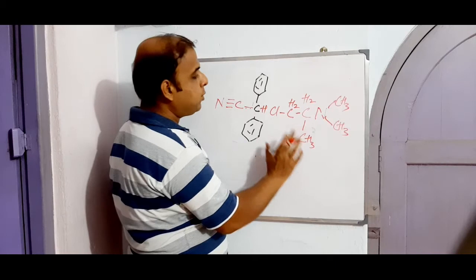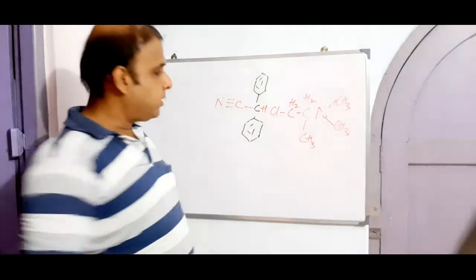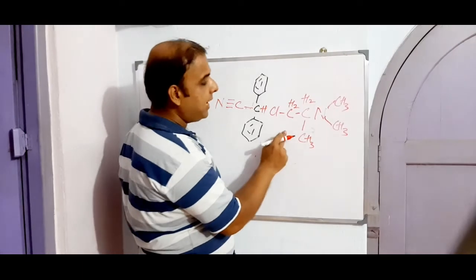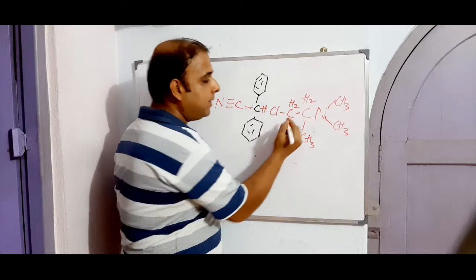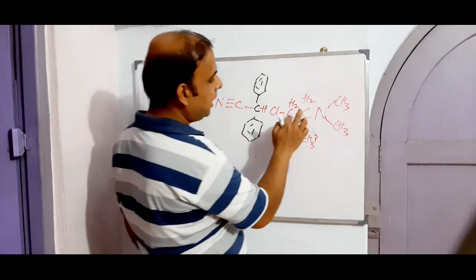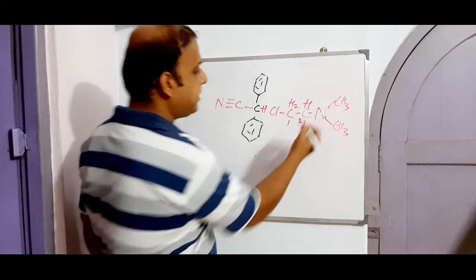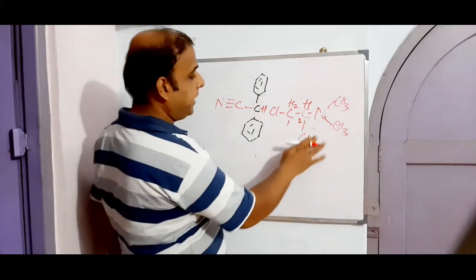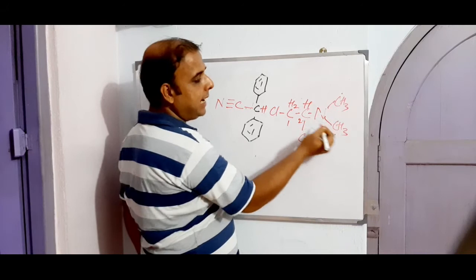So now I'm just going to introduce this dimethyl amino alkyl halide. So this is basically dimethyl amino. If we just start numbering, this is 1, this is 2, this is 3. Basically this is only hydrogen, right? Otherwise valency is not satisfied. Chalo. So now this is your 2-dimethyl amino, then